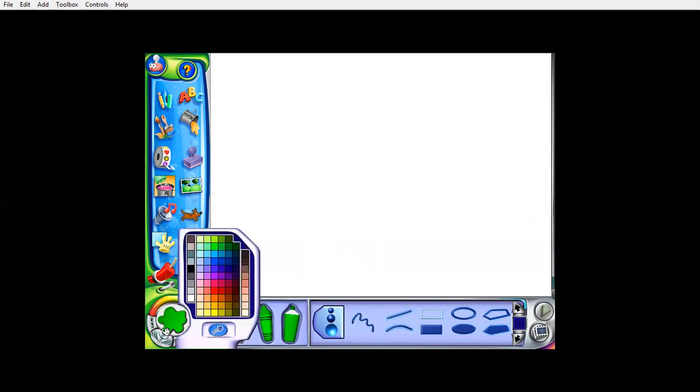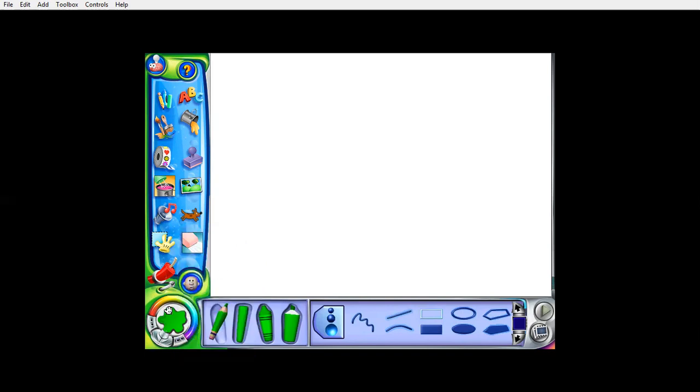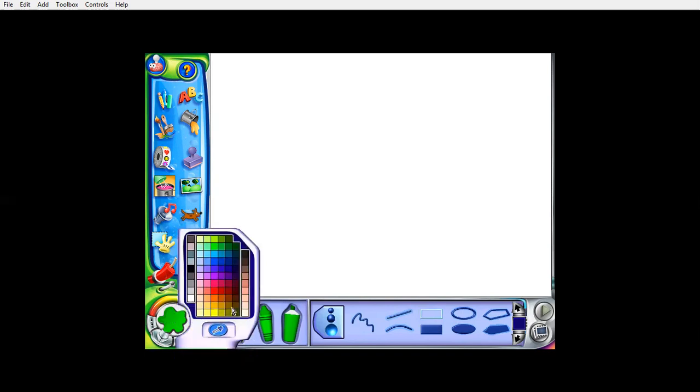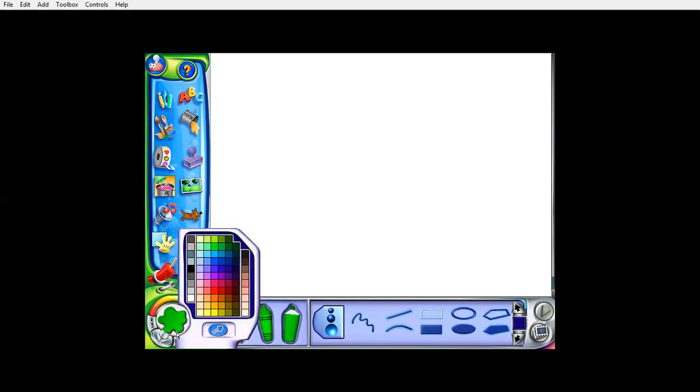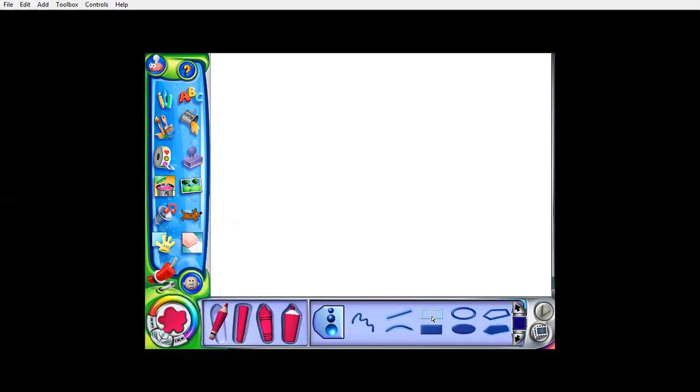After that, I will choose the color. So which color do I want? I want pink, green, yellow, whichever color you want, you can choose it. And how to choose a color? I've told you in my last session also that there is a paste over here. Can you see it is just looking like a paste over there? You just click on this color option and choose the color. Let us take a pink color. Okay, and it's time to draw a filled rectangle.